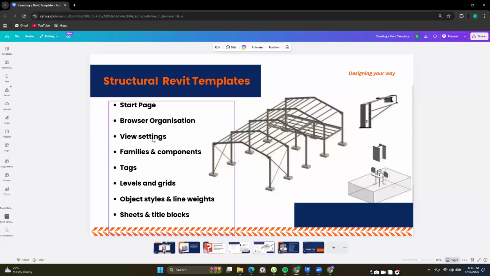view settings. So in the view settings, we are going to be working with something called view templates. And view templates are going to be affecting the items we see in a particular view and how they appear. So you're going to be setting view templates for the plan views. So that is for your beam and column layouts. You're going to be setting